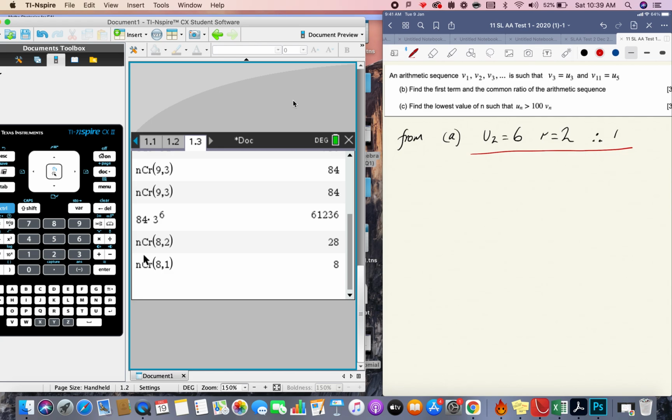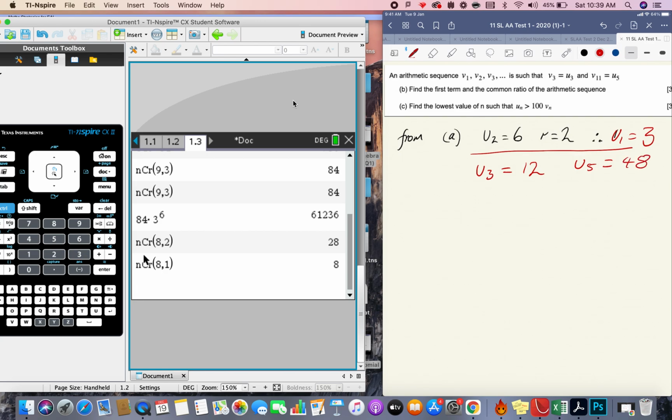So if U2 equals 6 and r equals 2, we can easily see that U1 equals 3, right? So there we go. We've got U1 equals 3. So now what we're going to do is find U3 and U5, because we need those for the next part. Okay, so U3 should be quite easy to do. That's just 12. We can even just write that down because it's doubling. And then U5, you can do the formula, or you can just, by common sense,